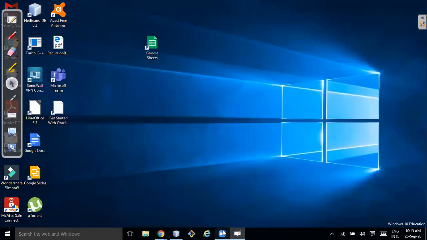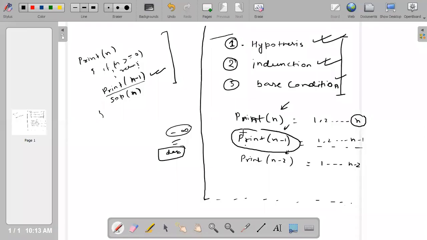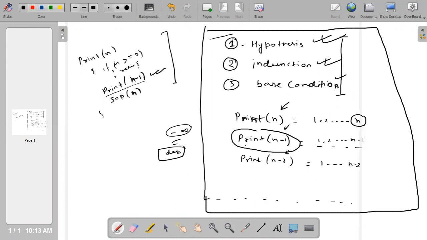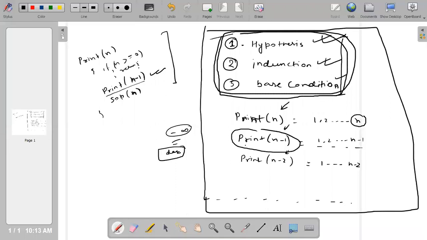Okay, so is everyone comfortable till now? Those who are attending from the beginning, I think they are very clear. But for whom this is the first class, they might find it difficult. But no problem. We are going to solve 5-6 problems using the same concept. Nothing less, nothing more. Only these three things we will be doing, and the problem will be solved automatically. So recursion is just magic. You don't need to worry a lot. You just need to worry about the base condition, and establish your hypothesis and induction properly.